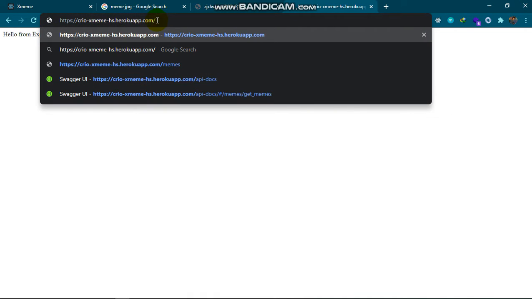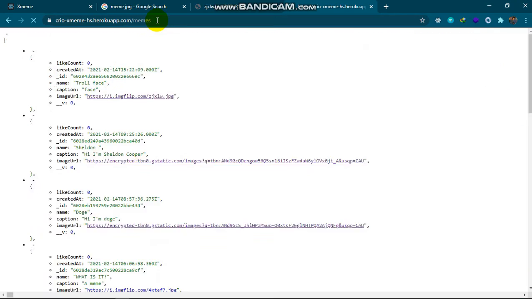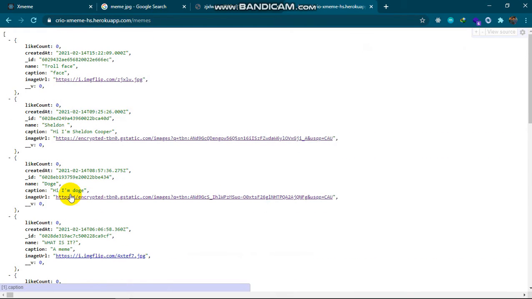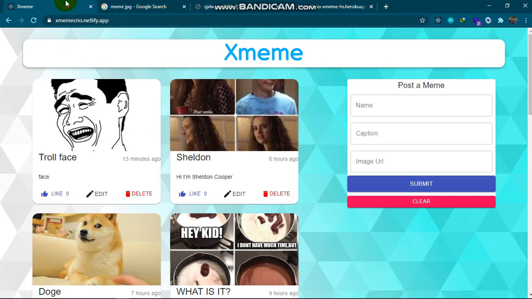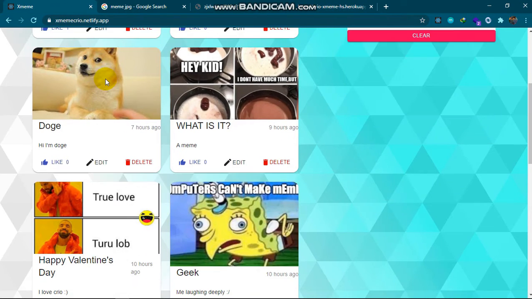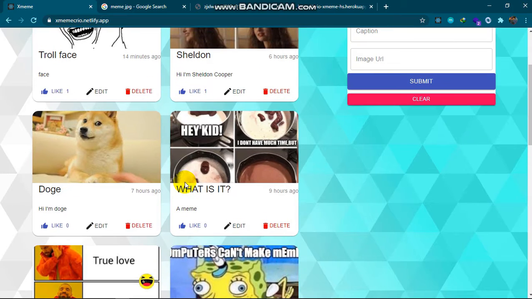If you go to the slash memes endpoint, we'll have all the data, the database of all the memes, like the like count, at what time it was created, the name, caption, ID, and all. We can also like a meme any number of times, because since we don't have any authentication, we can't restrict a user to like only once. We can like as many times as we want.